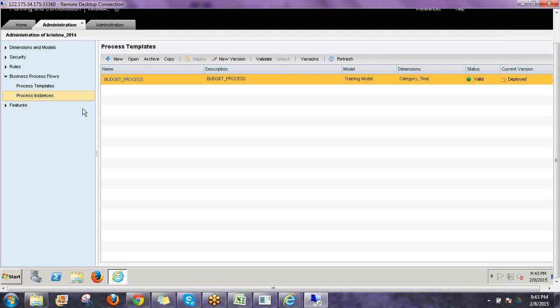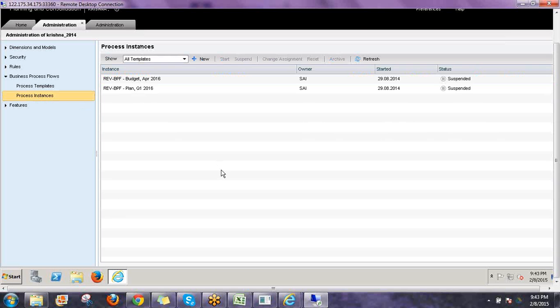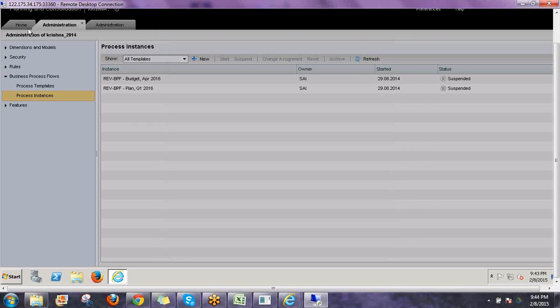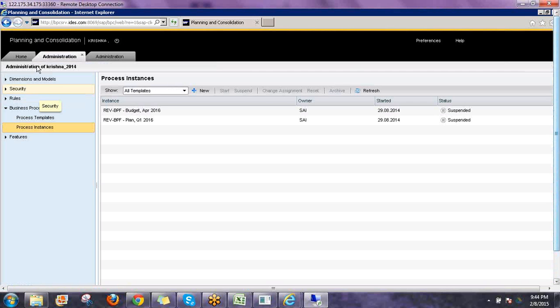Instance creation will be done by the IT super user or from the budget section, who is managing the budgets. They will start the instance. When you create a new instance, the system will show you all the processes that are available. At present we have created only one. If you have created revenue, expense, capex, P&L like this, it will show all of them. You have to select which process you want to trigger, and then trigger it. Before triggering, I have created myself as an owner, Krishna user ID. So if I go to my home screen,